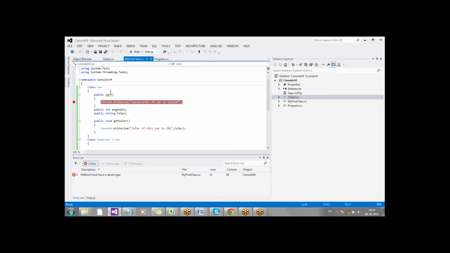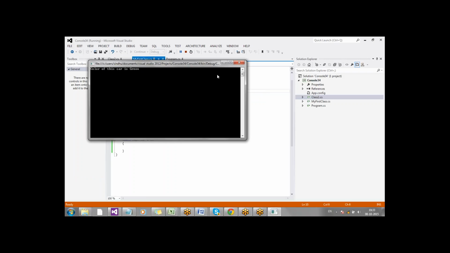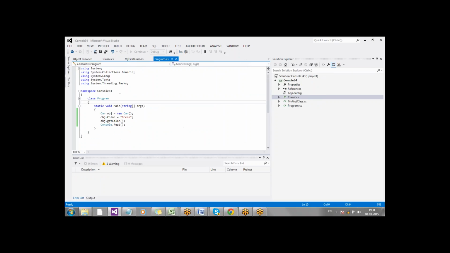Okay. I should make it public. Now it should get called. Did I create an instance of my car?